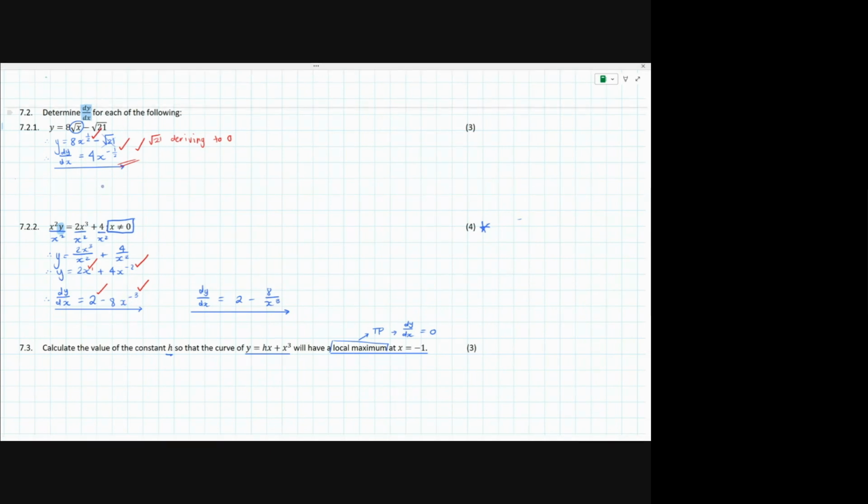Okay, so like I was saying in 7.3, we know it's a local maximum, so we know the derivative is equal to 0, and we know what the x value would be. So the first thing I'm going to do is find my derivative, because that's clearly important if I'm being told that I have a local maximum. Now remember, guys,